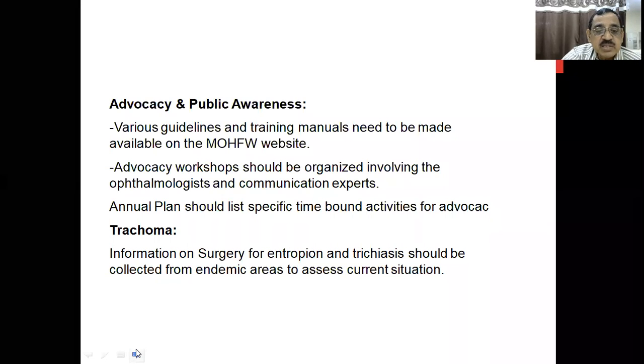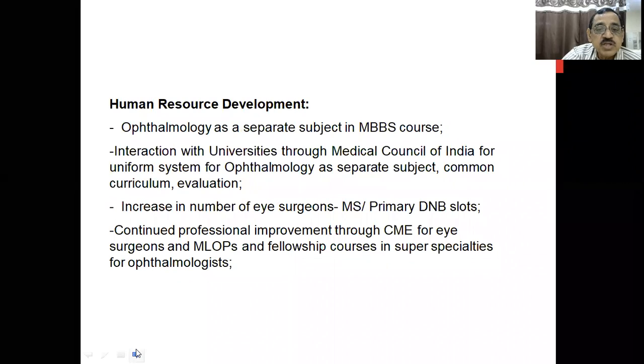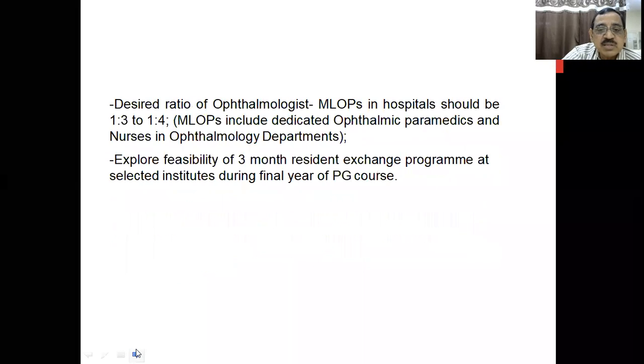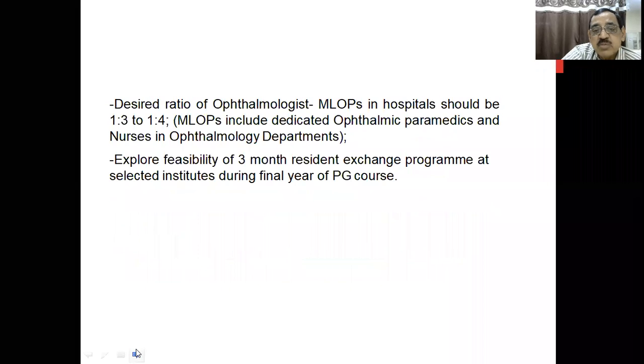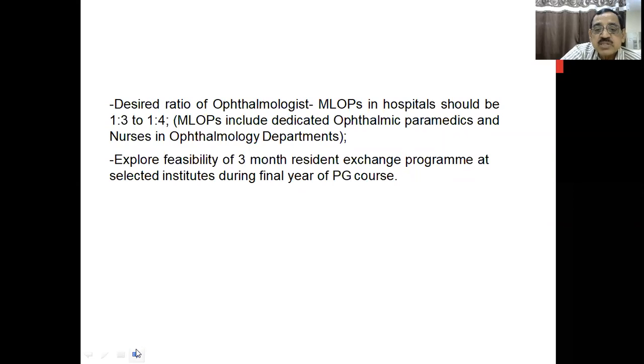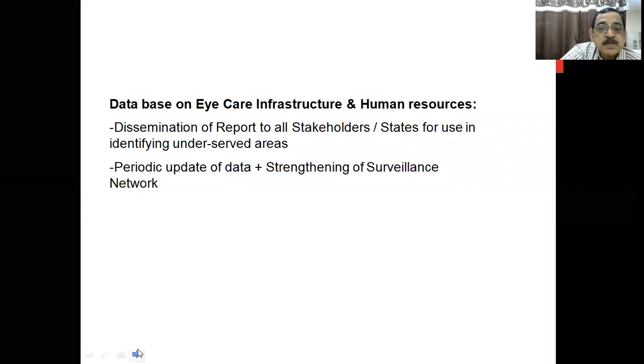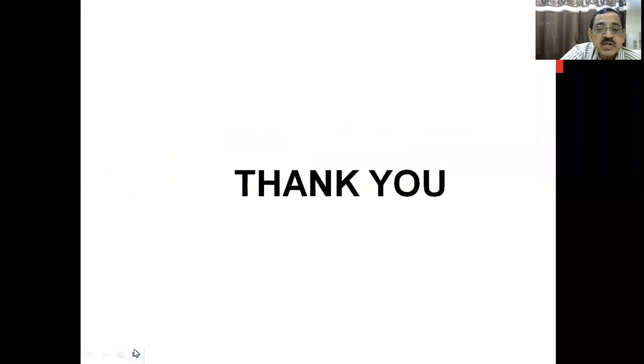Advocacy and public awareness, not necessary for you people. Human resource development. Ophthalmology as a separate subject in the MBBS course, it is already there, not necessary. The desired ratio of ophthalmologists and MLOPs in a hospital should be around 1:3 to 1:4. Explore feasibility of a 3 months resident program in selected institutes during the year. Database. This is in brief regarding